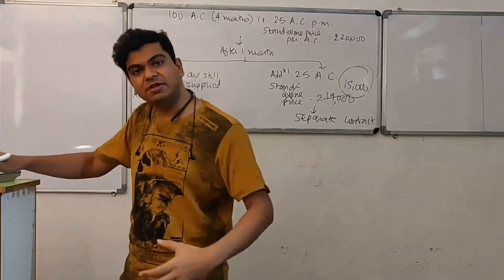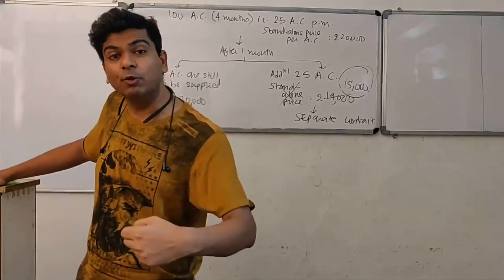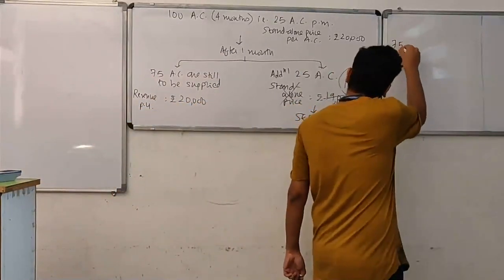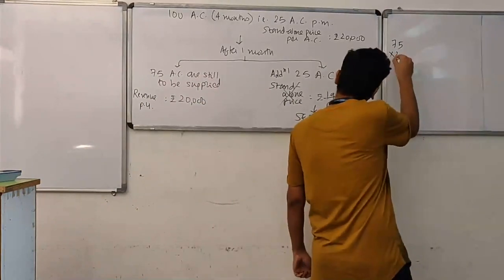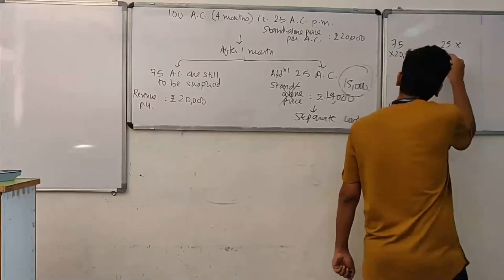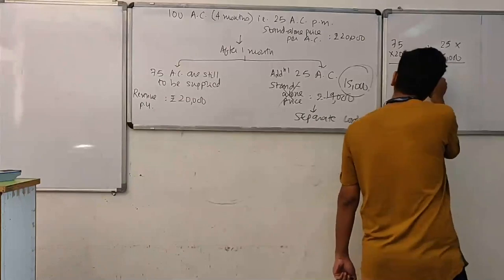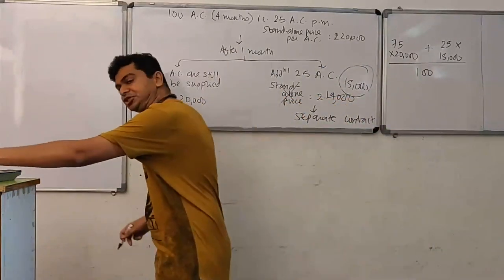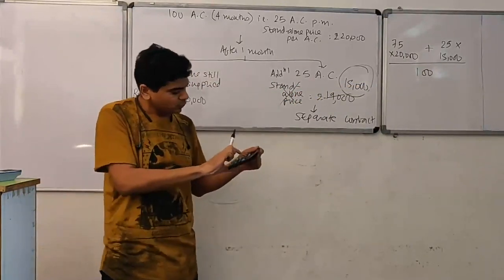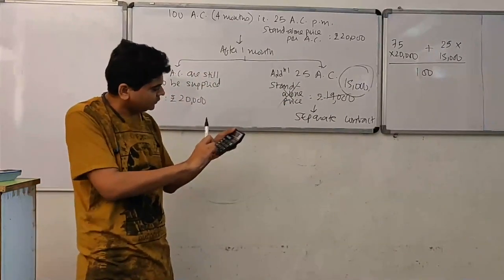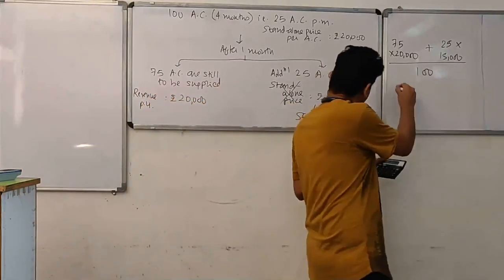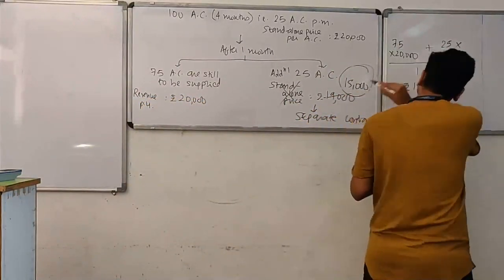And that is the reason I will now find out the average revenue per unit. As a supplier, I am thinking that 75 air conditioners I will supply at 20,000 and these 25 air conditioners I will supply at 15,000, and the total I divide by 100 air conditioners. 100, this 75 pending and this extra 25. That's how I get 100. So if I solve for this, 75 into 20,000 and 25 into 15,000, and then I divide that by 100, I get 18,750.